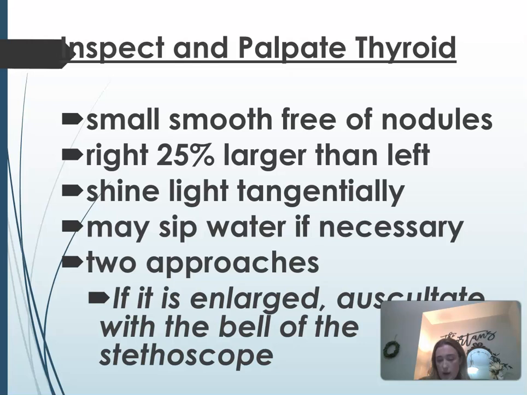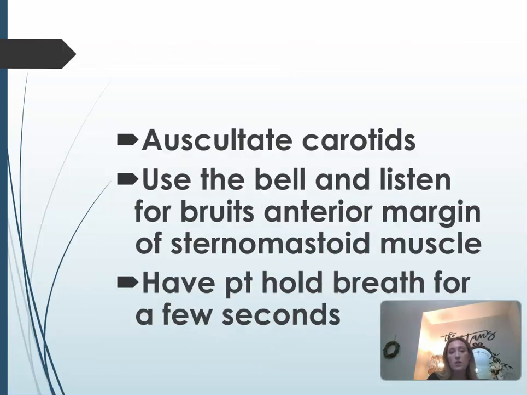If it's enlarged, you can auscultate with the bell of the stethoscope to see if it has a bruit, which is a sound caused by turbulent blood flow. Okay. And then we can listen to our carotid arteries. So you have your two